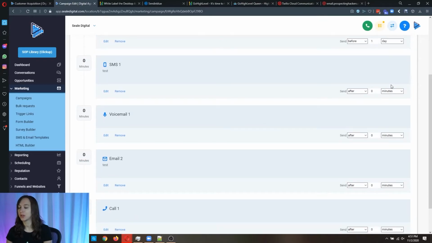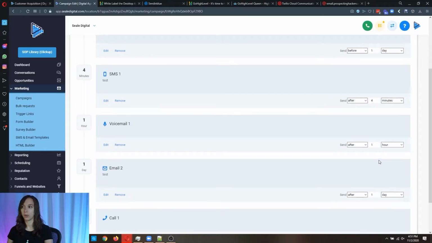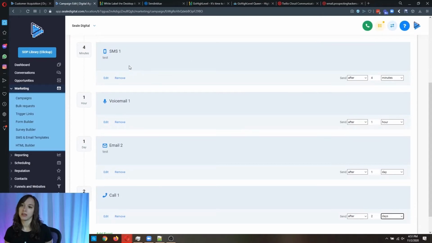And you can even do like after 4 minutes, and then after 1 hour, and then after 1 day. Okay. And then after 2 days. And these are sequential. So basically, after the lead comes in, 4 minutes after, it's going to send them a text.